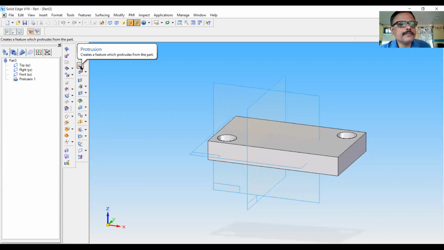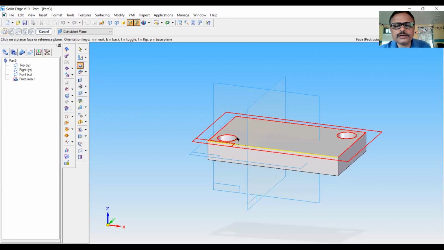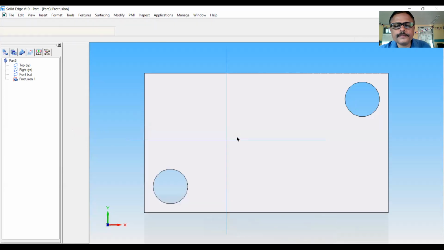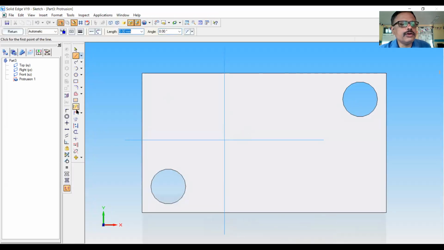Click on protrusion. Click this top surface. Now draw the circle by center method. This is the midpoint, and this is also, this is alignment indicator.